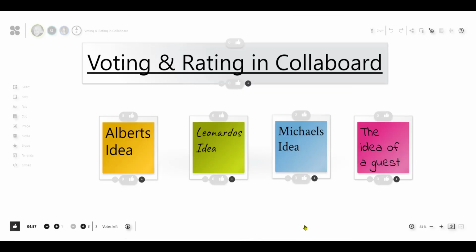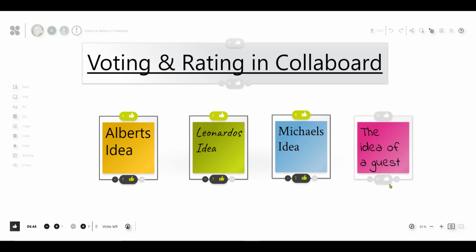So what we see next is here that all the elements we have on the project get this new voting overlay. So what we can do now is we can give the votes to these single sticky notes. So we had 3 notes in the whole project, and Albert now gave these 3 votes. As he is the facilitator, he also sees the number of votes that are assigned to a sticky note. So if we see now the other people also giving their votes, they are going to increase based on the